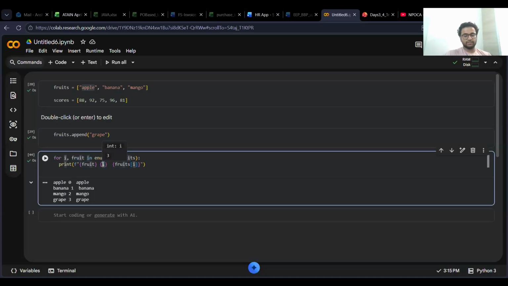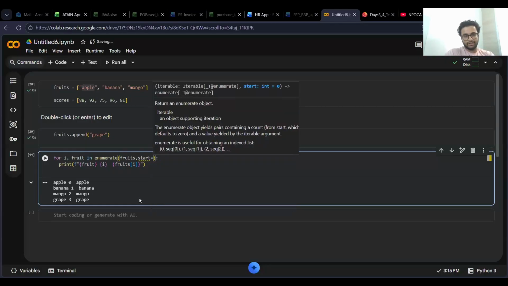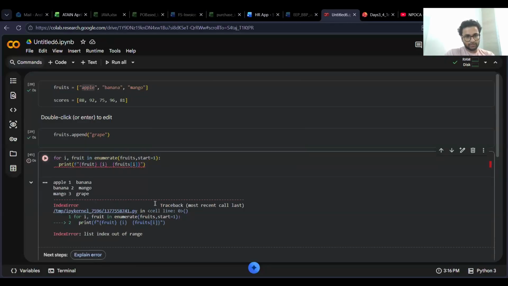If I'm using the index and value of that list side by side in a loop, I'll have to declare this collection as enumerate, and the second attribute, start, declares the starting index. That's it. So if I use the starting index as 1,